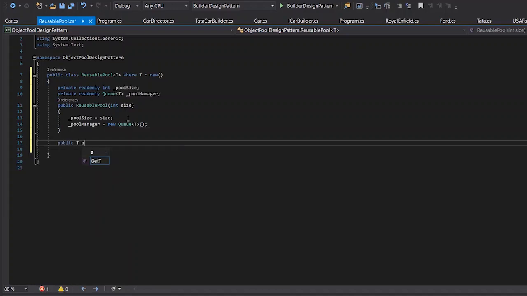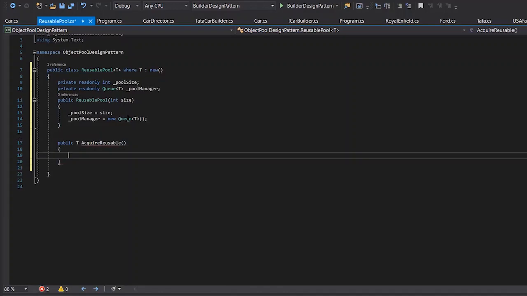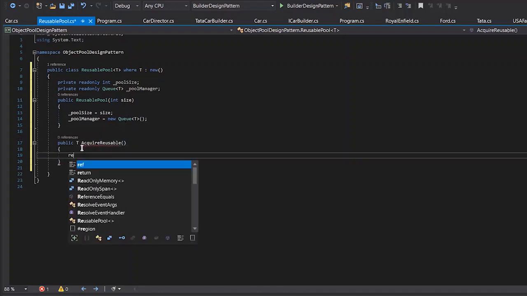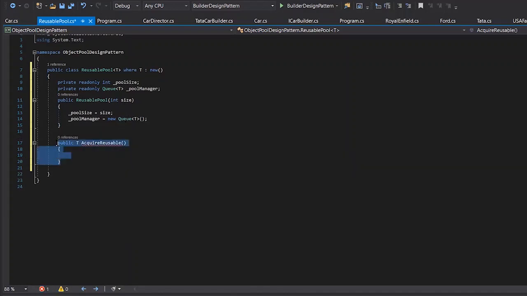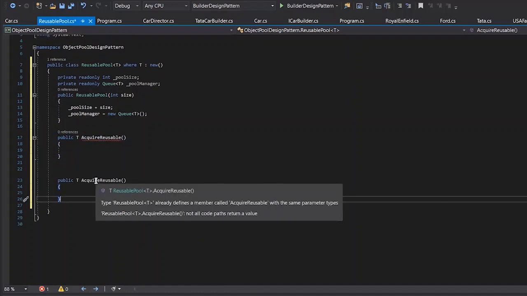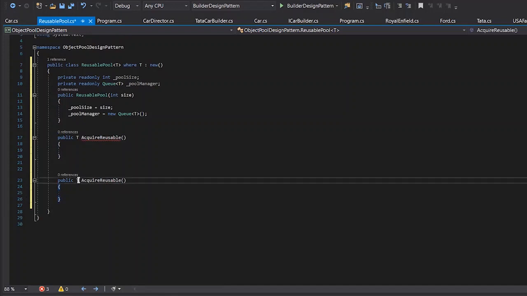Public T AcquireReusable, and the other would be ReleaseReusable, which would just be a public void, accepting the object.